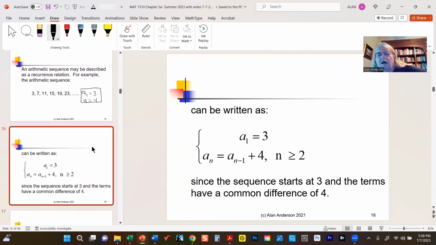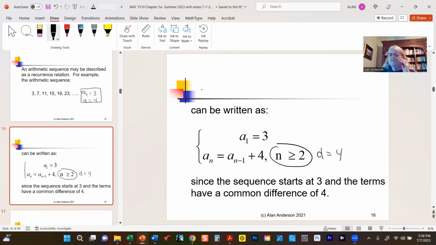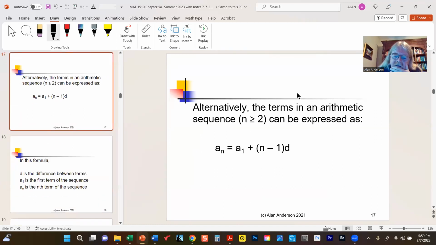So formally, you can write this, and it looks very formal: A1 is 3. Each term is equal to the previous term plus 4 because d equals 4, starting with term 2. So we can write it like this. Again, here's term 1, and any term past that is equal to a1 plus n minus 1 times d. So let's say for that last case,